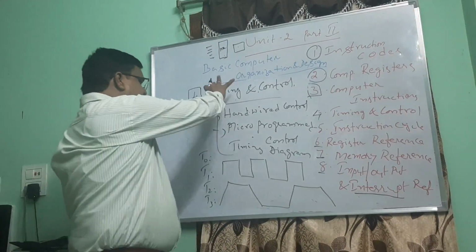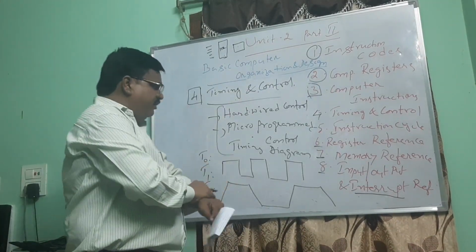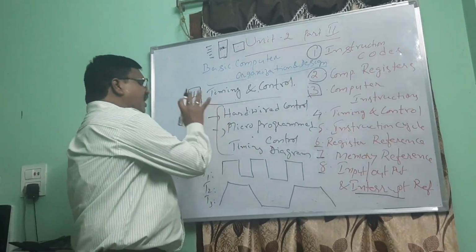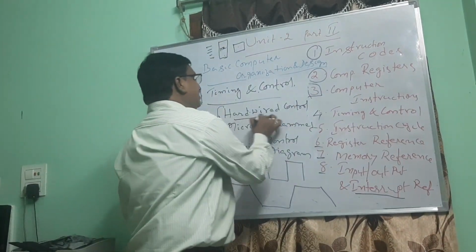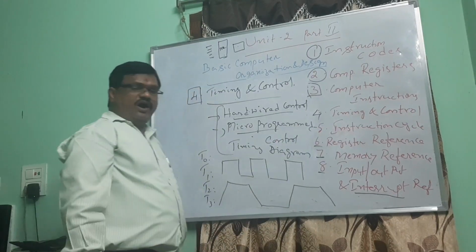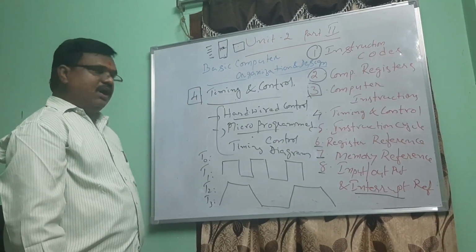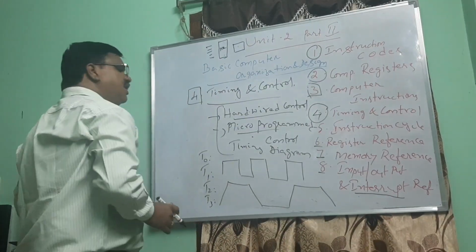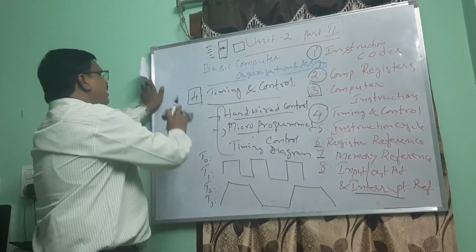Even though it is not in our syllabus, we will discuss these 2 topics, and specifically the basic differences between them, when we go in detail about the timing control. Okay, and the next one,